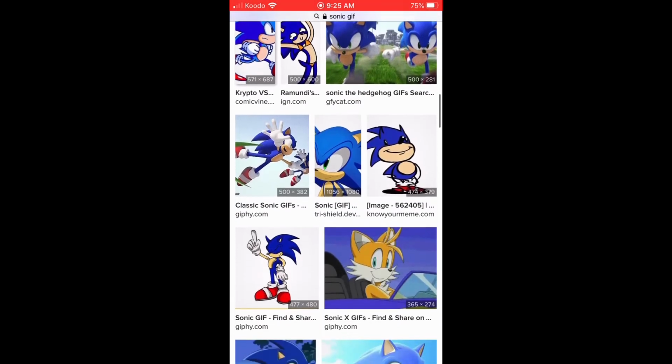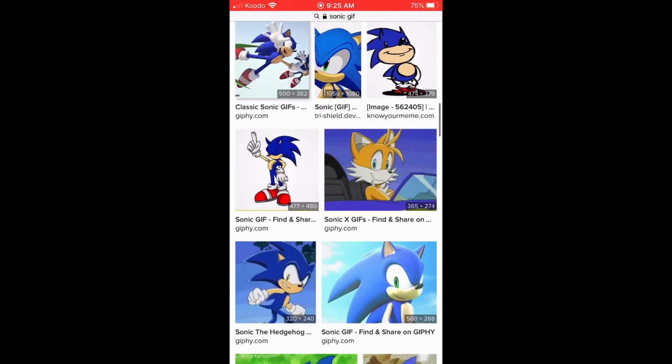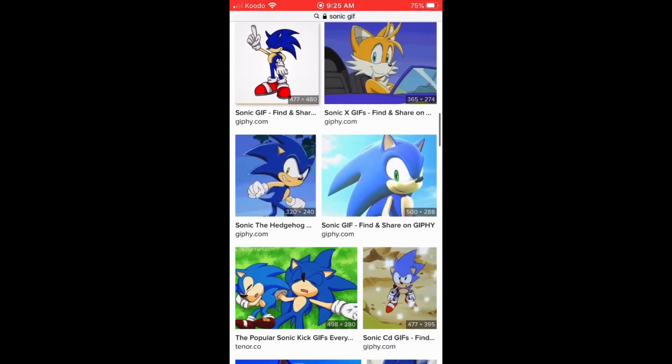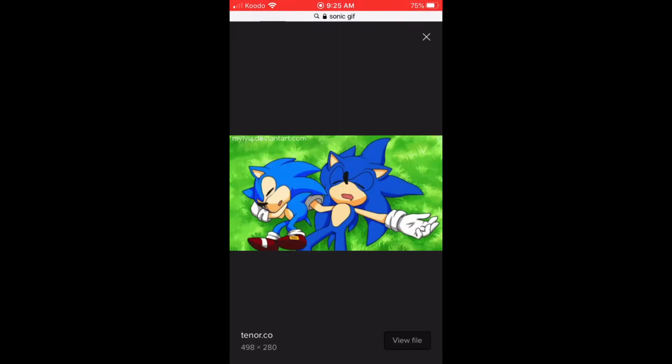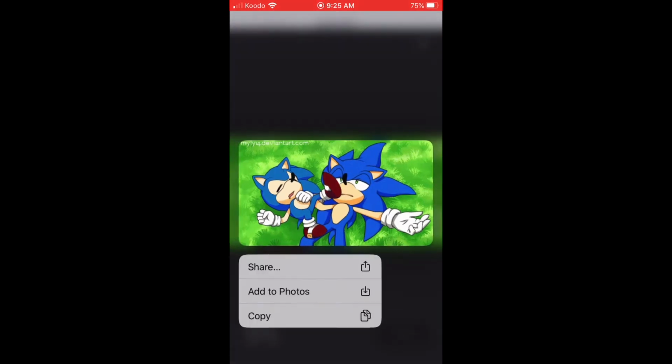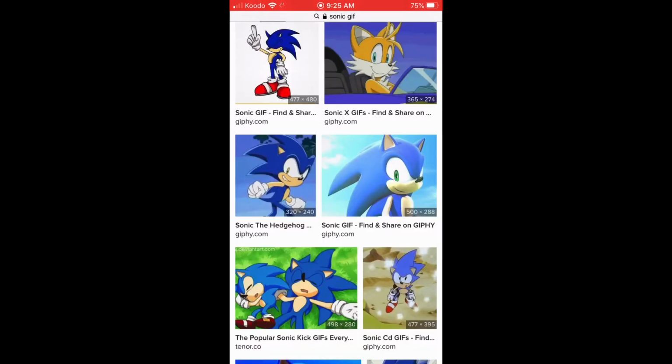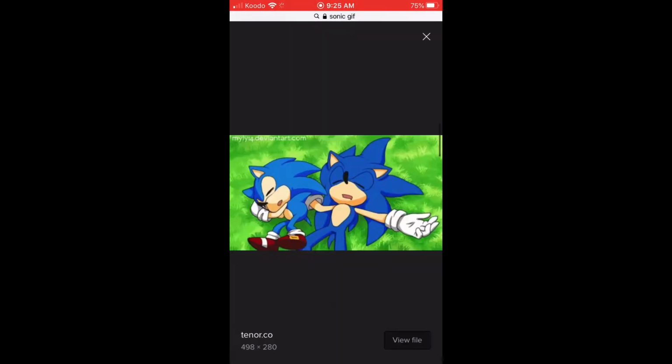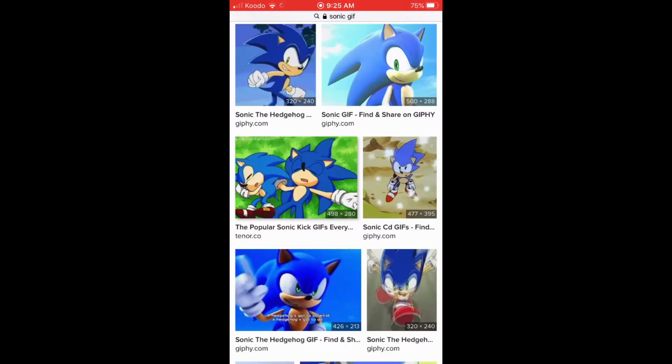So we saved that one. Let's see what else there is. Okay, she laughed at this one, so I am going to hold it with my finger, and up will pop the Add to Photos choice. Very good. This is all we're doing. We're going through finding